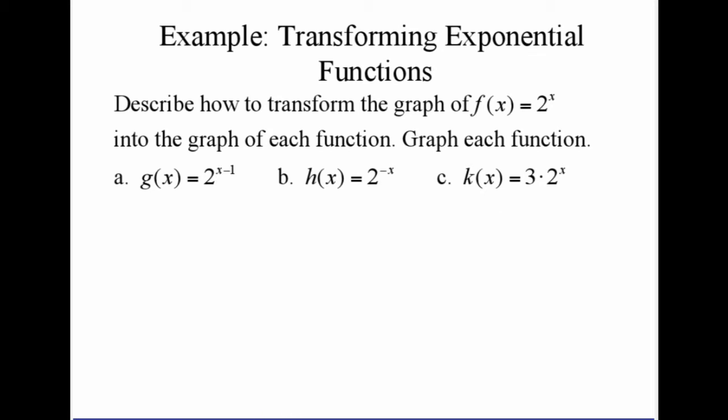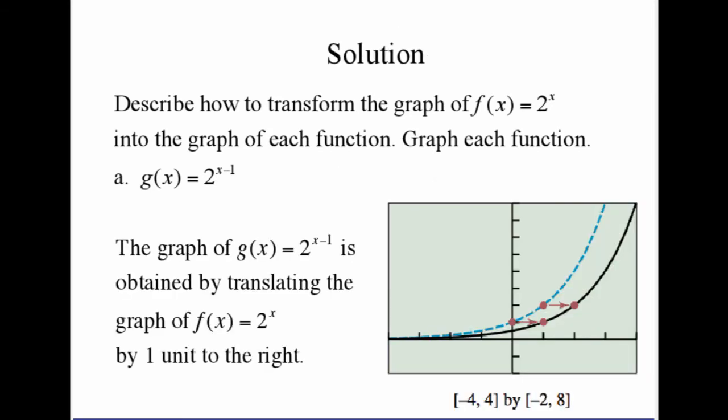So just by looking at these functions and how they're different from f, we should be able to identify at least what's going to happen to the graph. And then we can actually look at the graphs to see what they look like. So here in A, we talked about we got a translation. When we subtract 1 from our inputs, that's actually a translation to the right, which is usually the most confusing